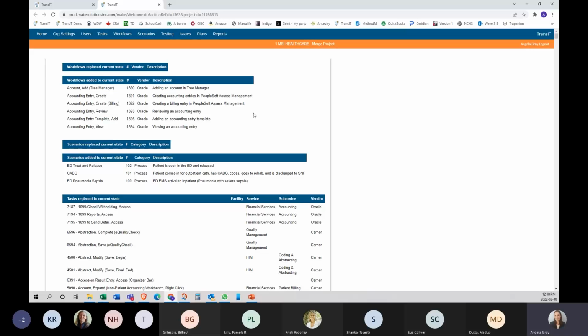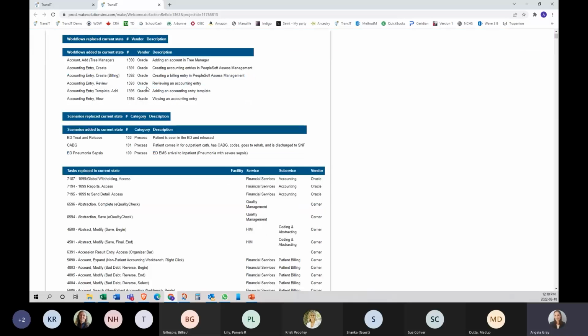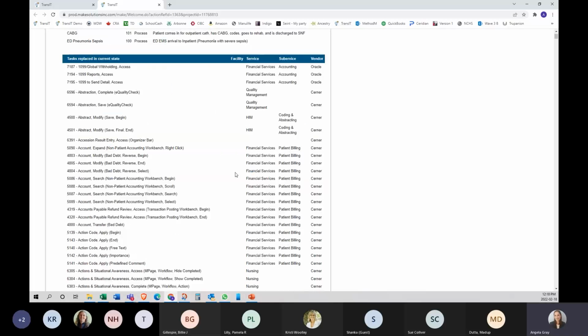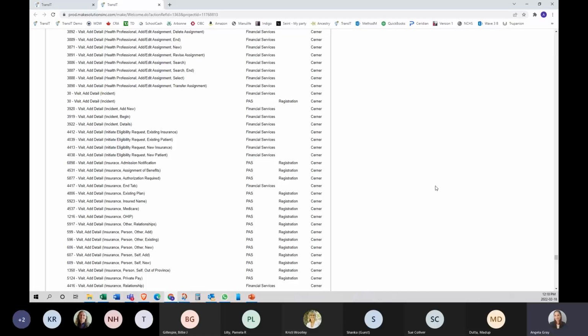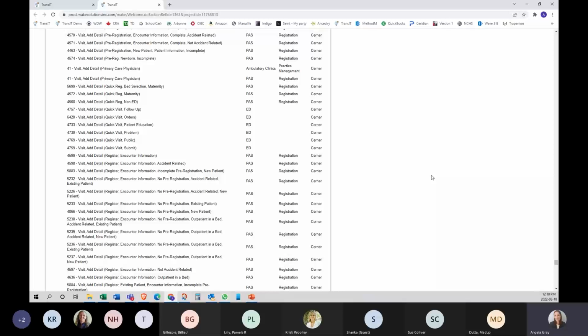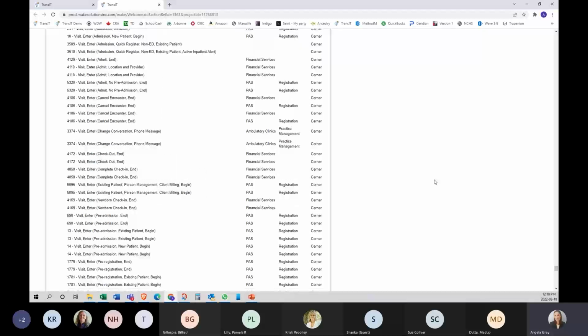It starts off by showing you what workflows are being moved in, the scenarios, the tasks. And if we scroll, yes, that's quite a few tasks, but if we scroll to the bottom, sorry for all my scrolling,